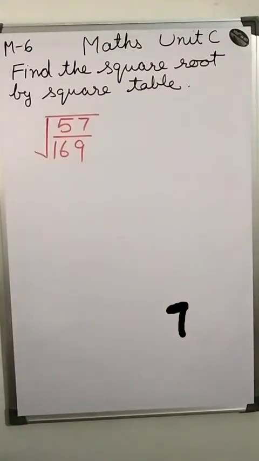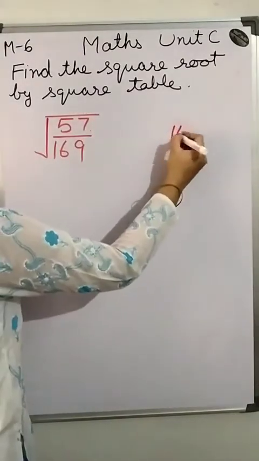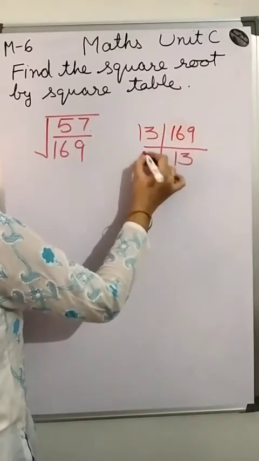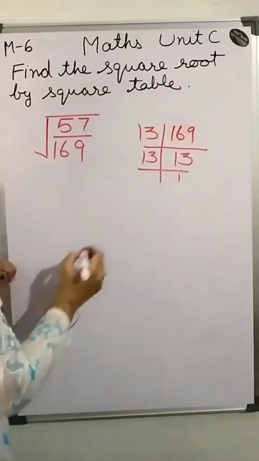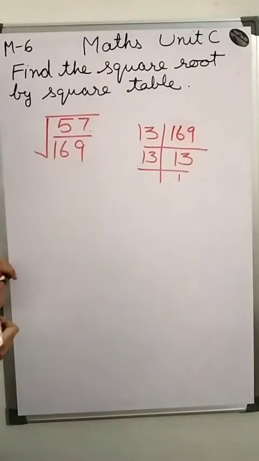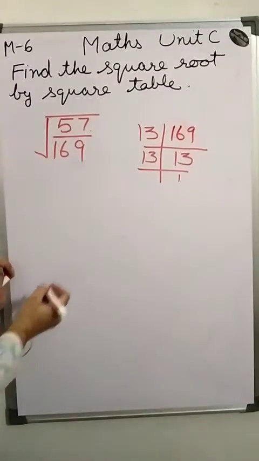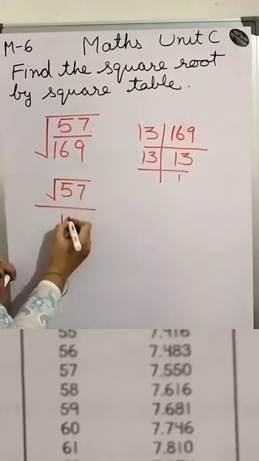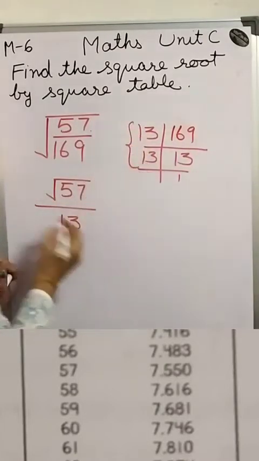Now suppose we have the number 57 upon 169. We have to calculate its square root. 57 is a 2-digit number, so we can find the value of its square root from the table. But for 169 we find the factors. It is divisible by 13. So it means the square root of 169 is 13. So what we do here, we write down 57 here, and here I am writing 13 because we are making a pair and it comes out.